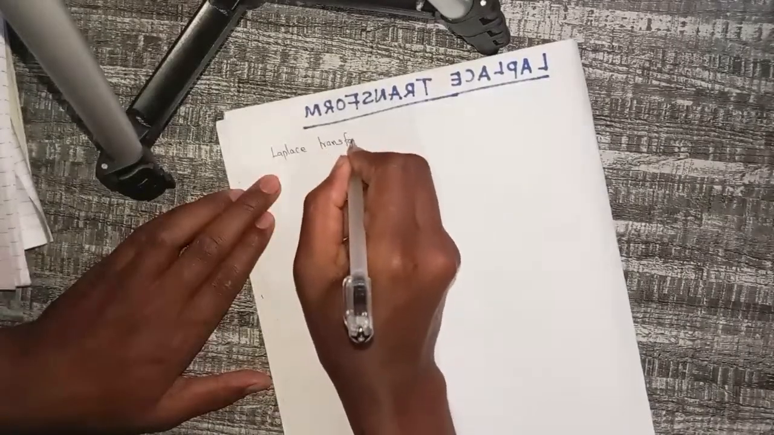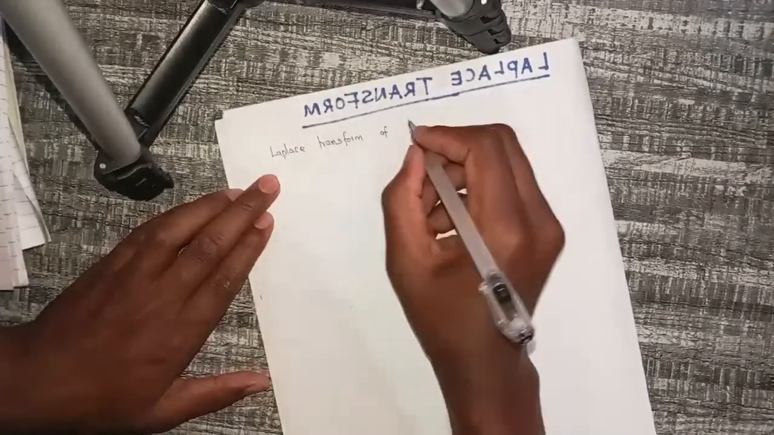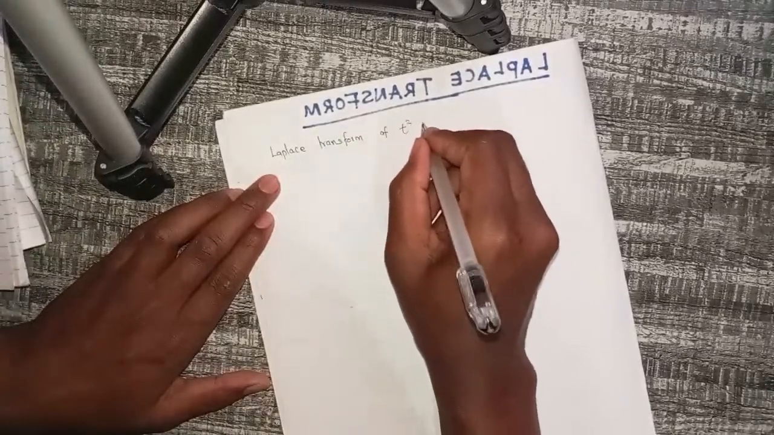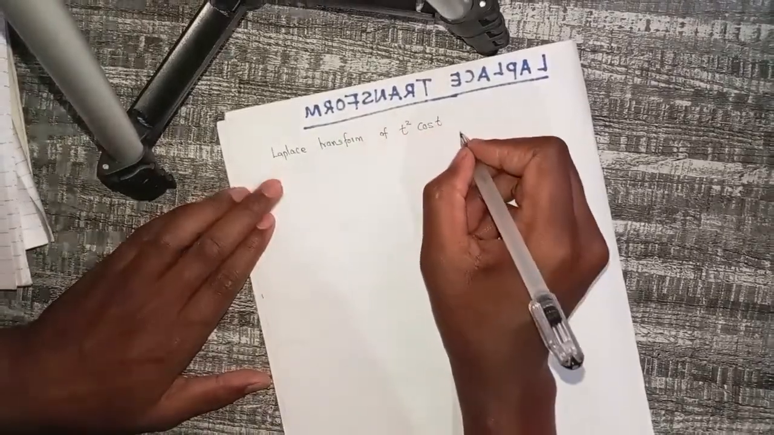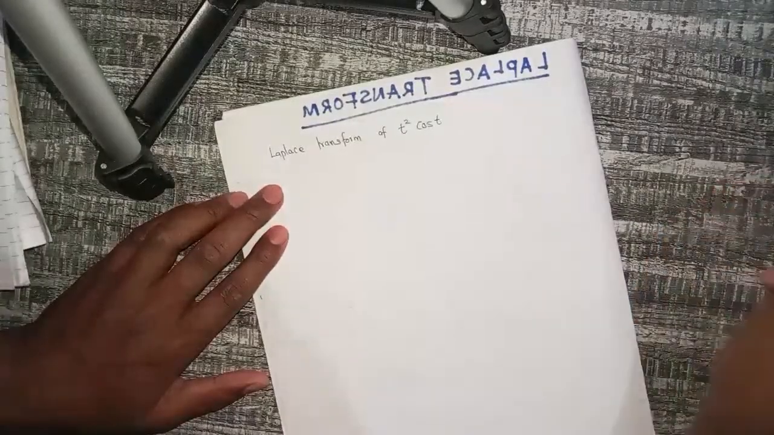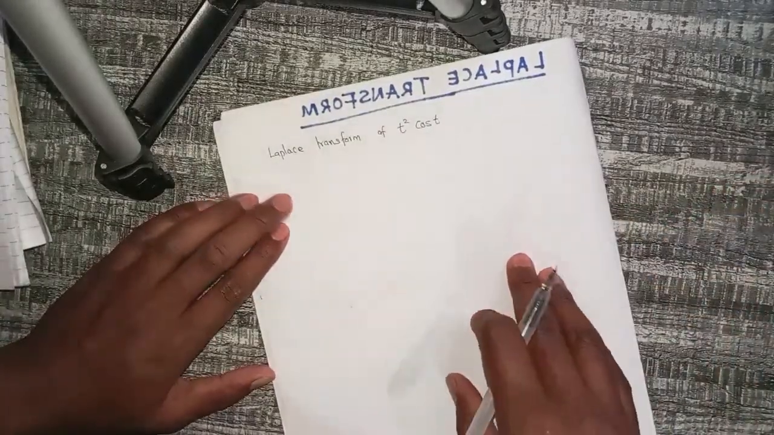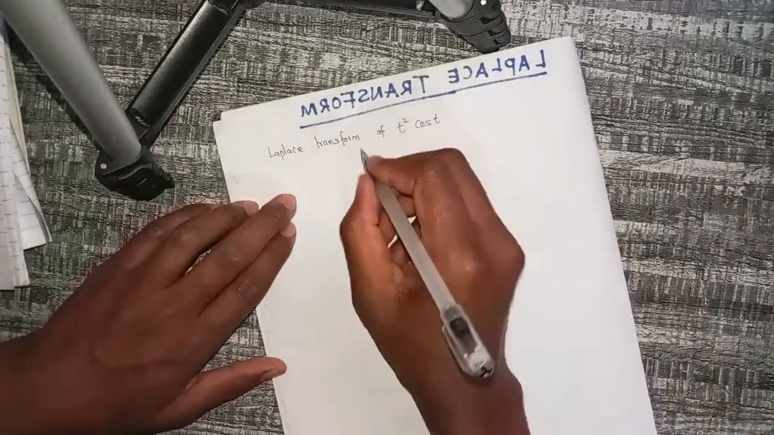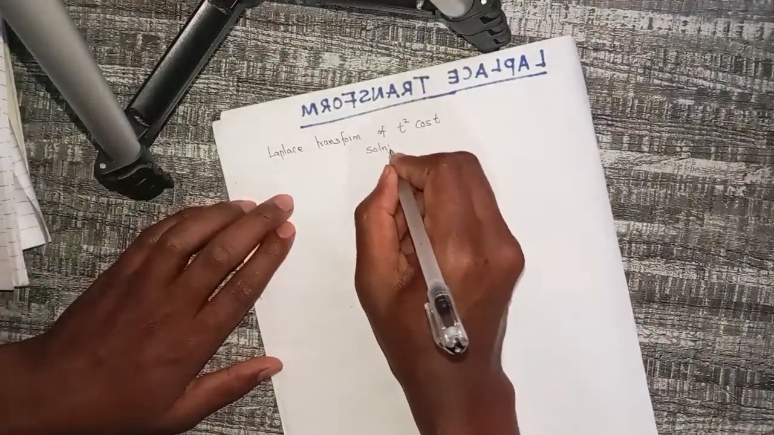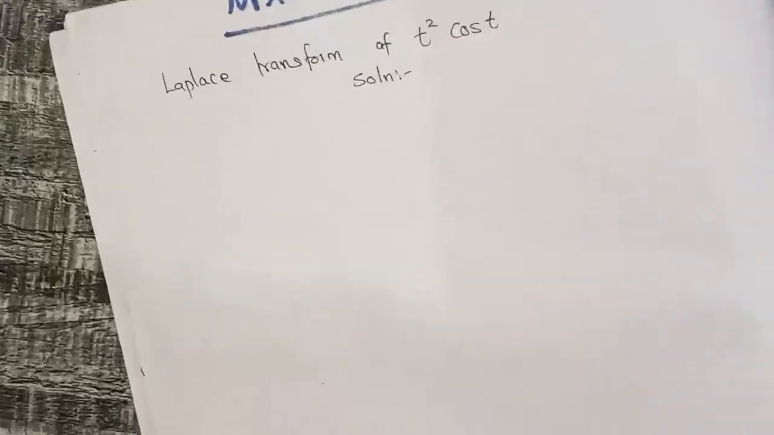Find the Laplace transform of t square cos t, and the solution to this is,